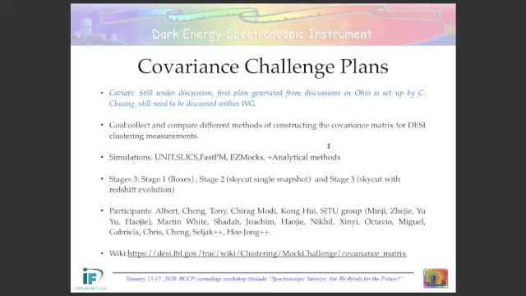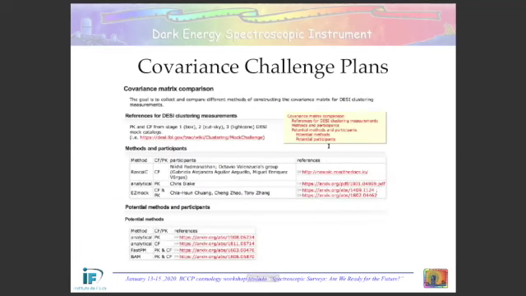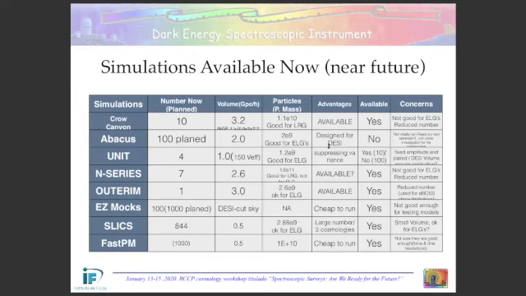There is a plan that is mostly set up by Albert, who is in the audience. I'm going to go over it very briefly because I want to get to the BAO and reconstruction. The idea is we already have a bunch of people that want to participate. The idea is also to have these different stages: boxes, sky cuts with a single snapshot, and then with redshift evolution. And these are the sets of simulations that we have available now. This is the limiting part of this mock challenge that we want to develop for this semester.